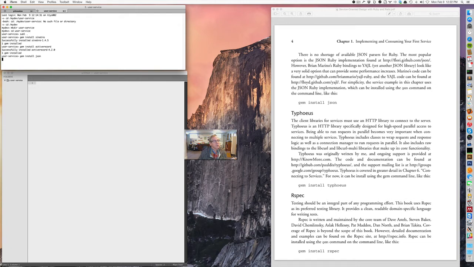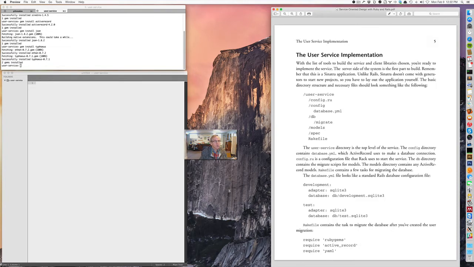Now, because they wrote this book with an older version of Ruby, sometimes you'll find slight differences, and I'll point those out. For example, I believe JSON comes built into Ruby these days. Then we gem install the strange Typhoeus library, which basically teaches Ruby how to talk HTTP. And then we install